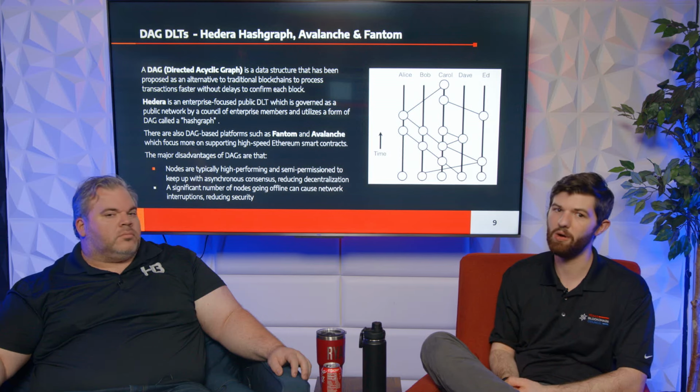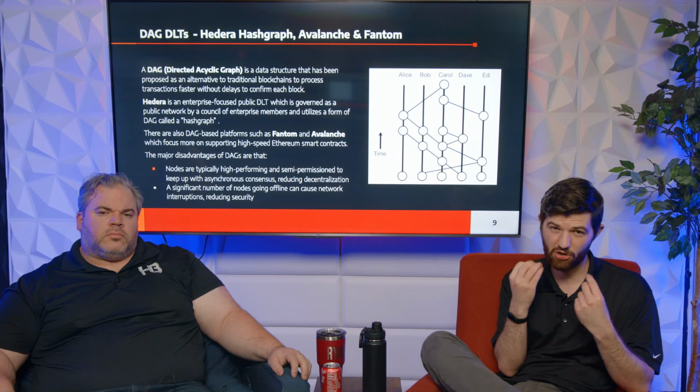Because if I knock out half the nodes, but you're still going off the old node count number, then we might not be able to reach consensus, because we don't have enough to reach the old number of nodes at 2/3. If I knock out half the nodes, then we'll never reach that. We have to readjust. And how do you readjust? Well, there could be ways that you build into that, but it will likely cause disruptions. So I would say decentralization and security in that particular sense are more difficult with DAG DLTs.